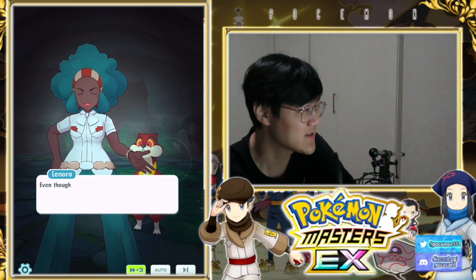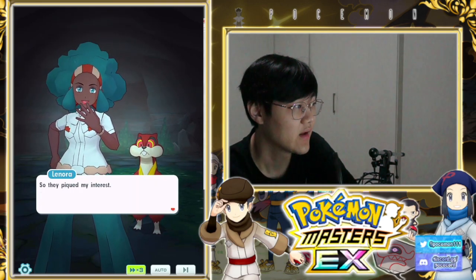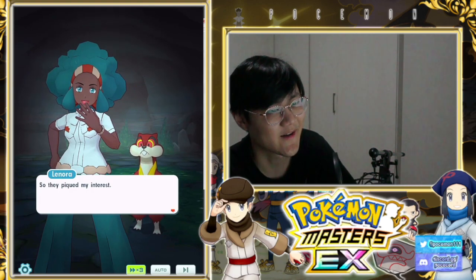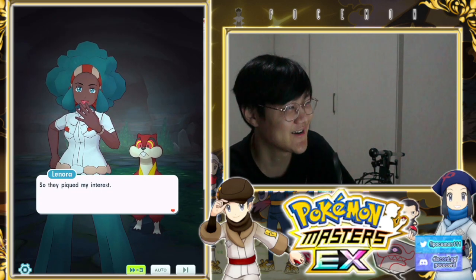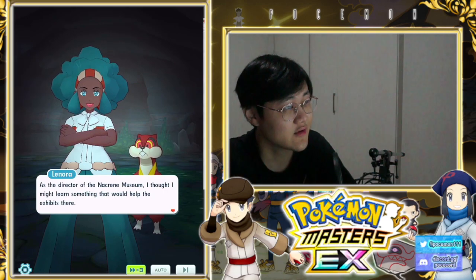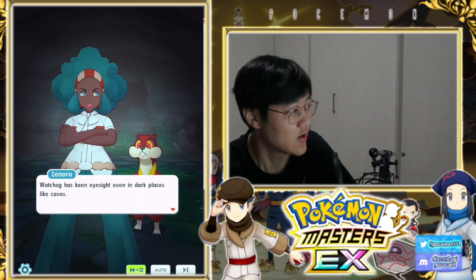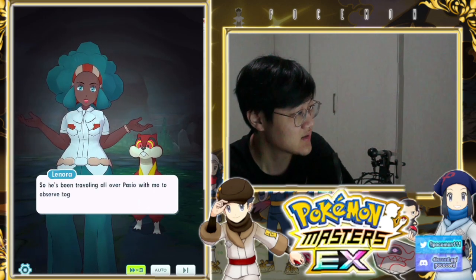Came to this cave to do some research. Even though Passio is an artificial island, the ruins and underground caves here are incredibly well created. So they piqued my interest. This is so funny, man. Like her and Cynthia, they keep on investigating artificial, man-made ruins and stuff. Come on. As the director of the Nacrene Museum, I thought I might learn something that would help the exhibits there. Watchog has keen eyesight even in dark places like caves. So he's been traveling all over Passio with me to observe